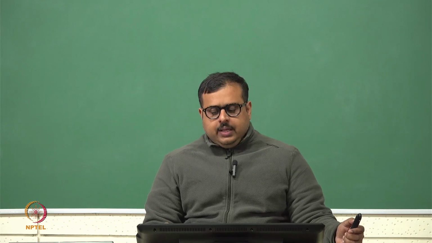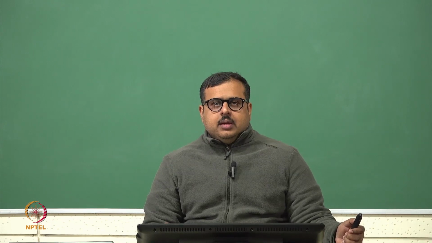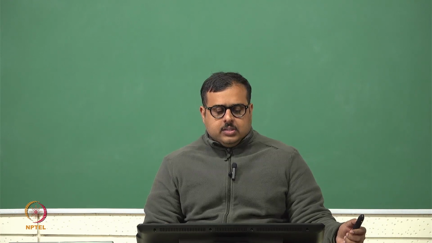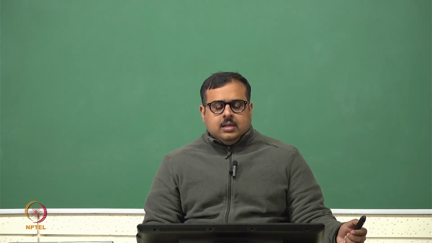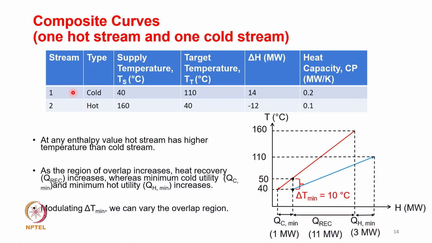So this heat recovery can typically be represented by means of what is known as a composite curve. Consider a case where you have two streams available in a process industry. One is the cold stream, which is available at 40 degrees C, the supply temperature, and you need to heat it to 110 degrees C, the target temperature. The delta H needed to achieve this is 14 megawatt,